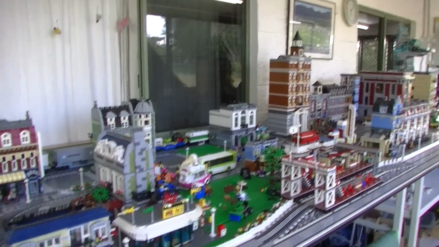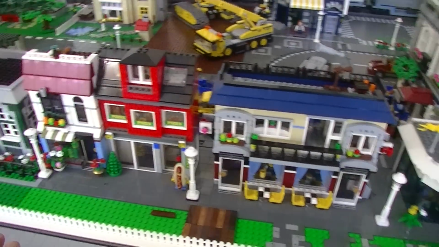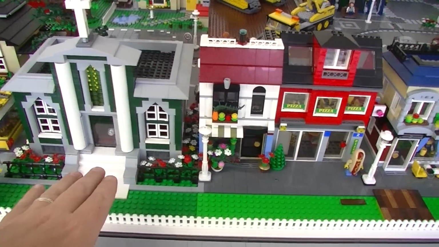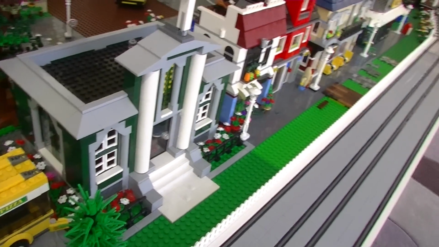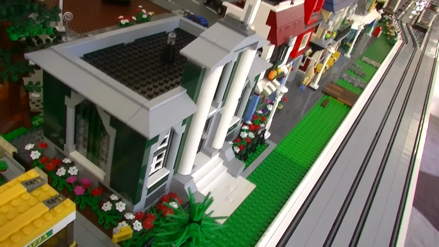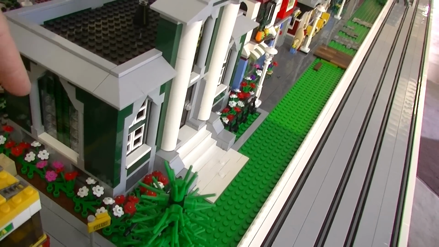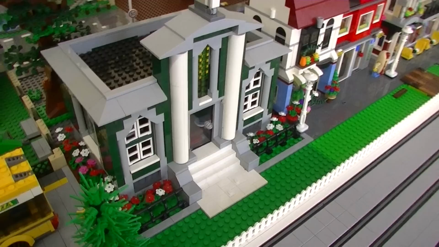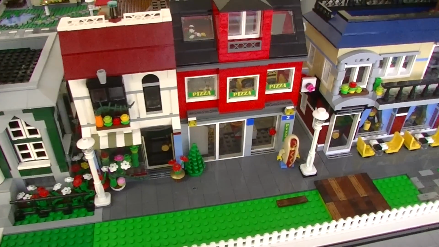Pretty cool, isn't it? So these shops along here, I had to fit these in a little bit, had to do a few changes to the church here. I really like this stained glass window, and that was on the other side of the church. I had to change that around and put it on this side so you can see it. So the church fits in there nicely. We've got these shops along here,